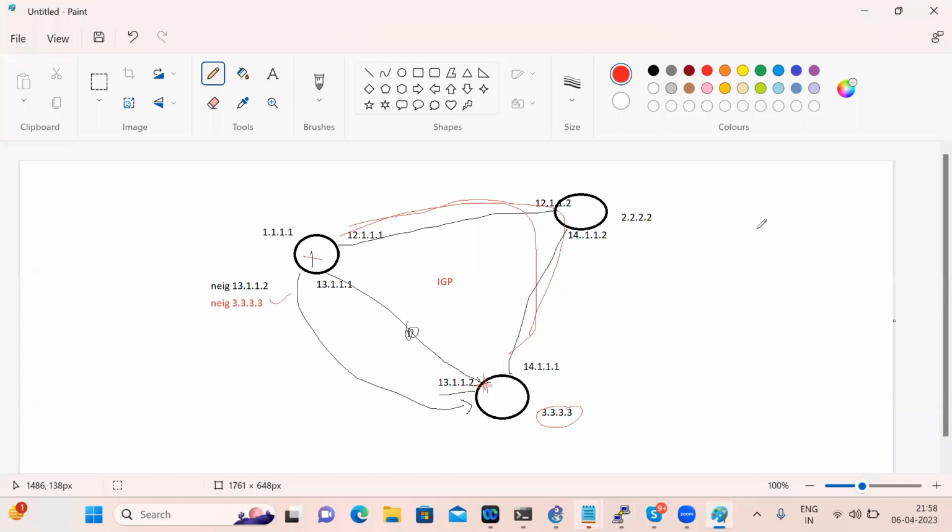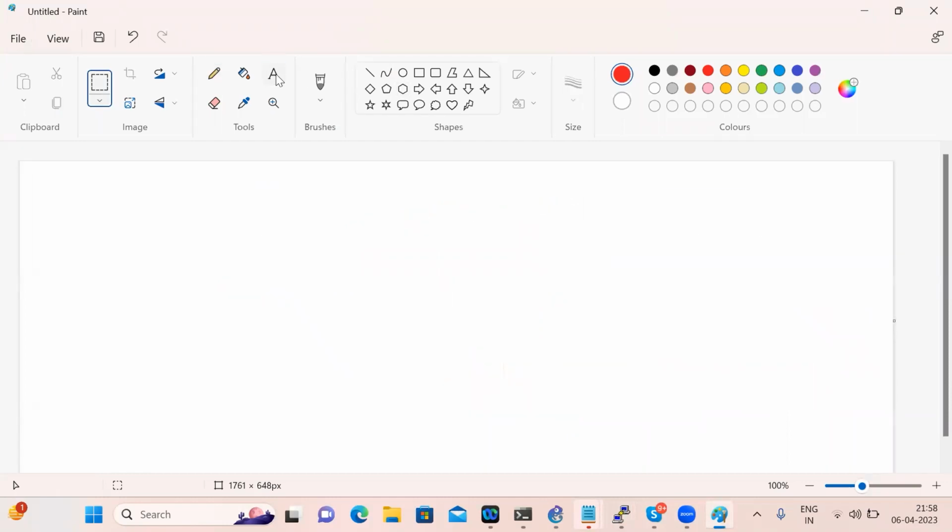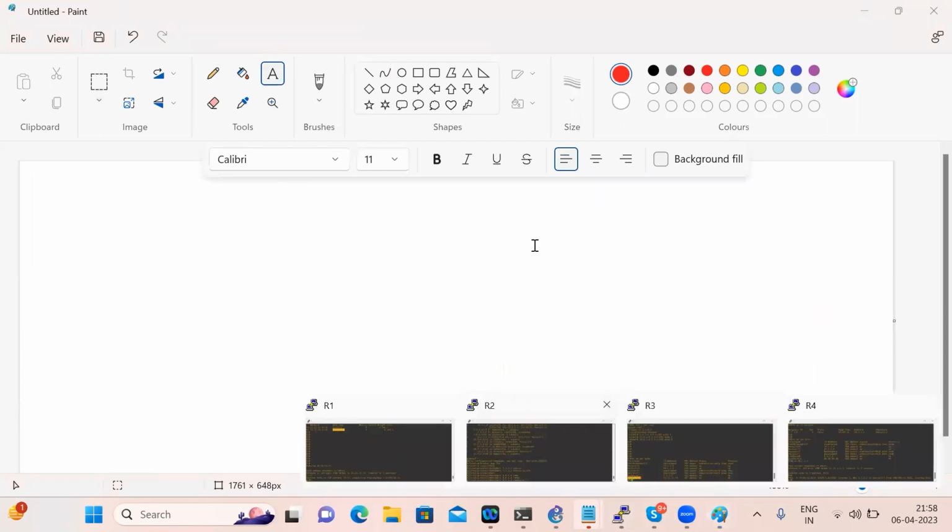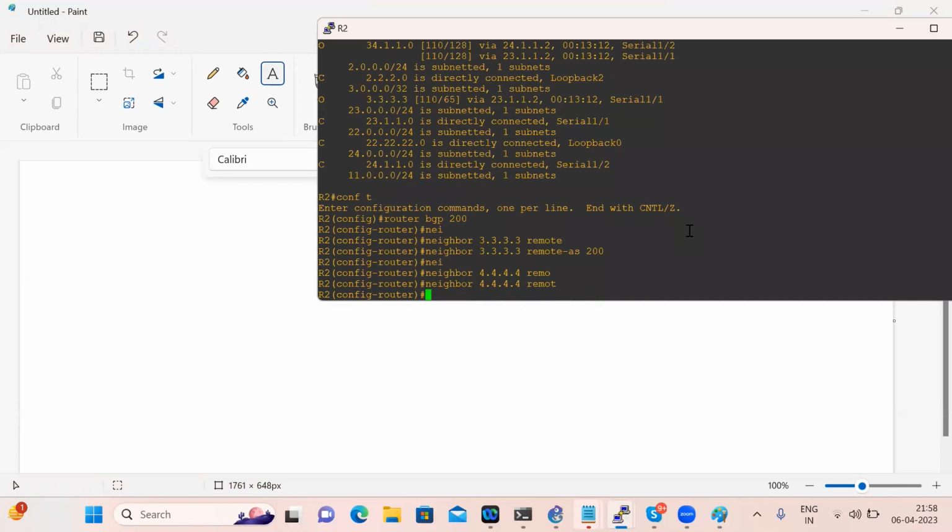Sir, can I try over here once? Try to tell him. Sir, can you open that CLI once? Yeah. Whoever asked this question, I'll try to help out. Once you open router BGP 200, over here you can configure eBGP as well as IBGP. After neighbor, you give the IP address. You wrote router BGP 200 on top, and inside you wrote neighbor 3.3.3.3 remote AS 200. This 200 and the 200 on top are the same, so it will be considered IBGP. If you write a different number like 100 as the remote AS, with router BGP 200 on top,